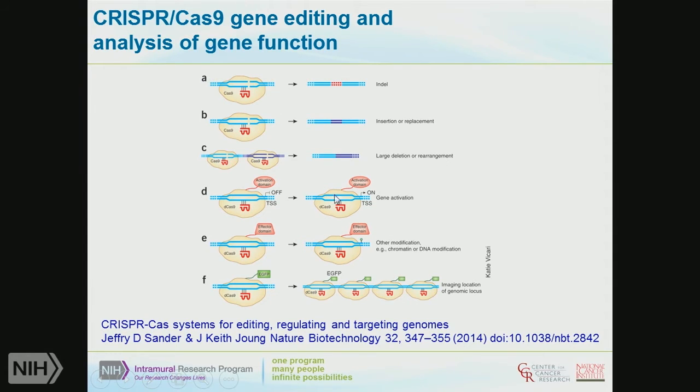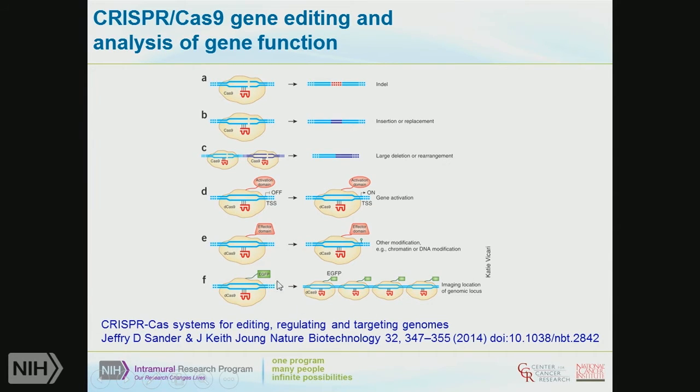But you can also use these in the same ways you do with TALENs and put these in combination with some sort of activating domain if you use a mutant version of Cas9 that is now catalytically dead. And you can now target the transcriptional start site, just as I said for TALENs, to get gene activation, or as I'll go into in a few more details in a minute, to get transcriptional interference, or CRISPR-I as it's now called, which is akin to RNAi, but using CRISPR.